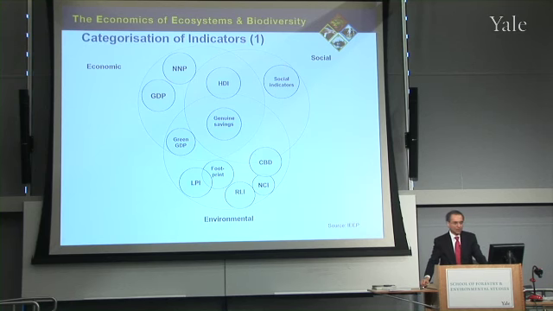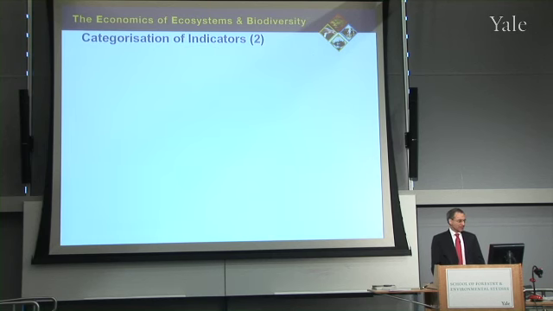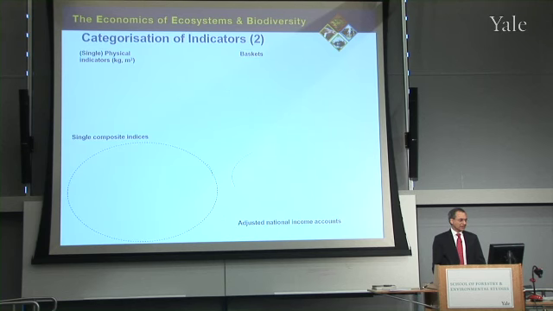And then you've got this whole armory of indicators which is available for measuring ecological and environmental factors, including the CBD indicators, the SEEA indicators of the European Union, the Red List indices, the footprint, and so on and so forth. A second way of cutting the same population of indicators is to not say which area of well-being they are addressing or measuring, but rather what are they like? I mean, what kind of indicators are they?